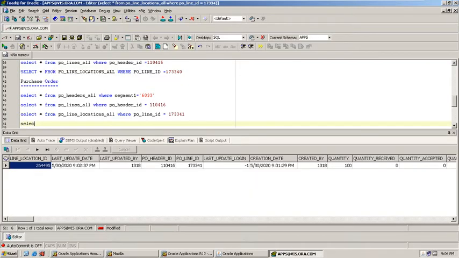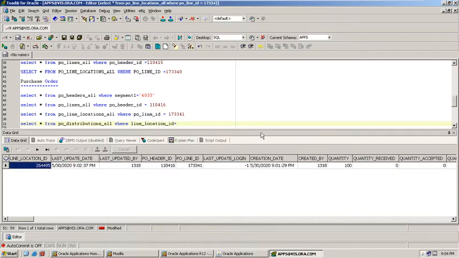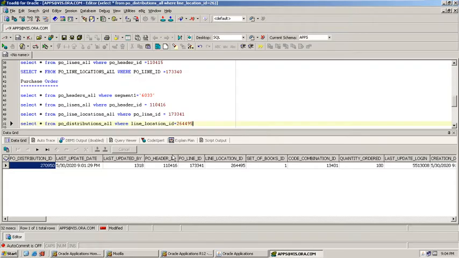Distribution level data will be stored in PO distributions all, where line location ID equals 264495.